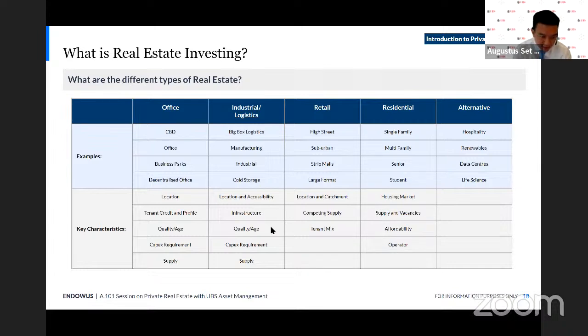And tenant mix in retail is something to consider as well. Having just the right mix of different types of tenants to service the surrounding needs, right? So, for example, if you're in an area that had a lot of elderly or retirees, you might not want a whole bunch of tuition centers or childcares. Maybe you have some component of medical care, pharmacies, physiotherapy, some sort of X-ray or imaging type services in your building.